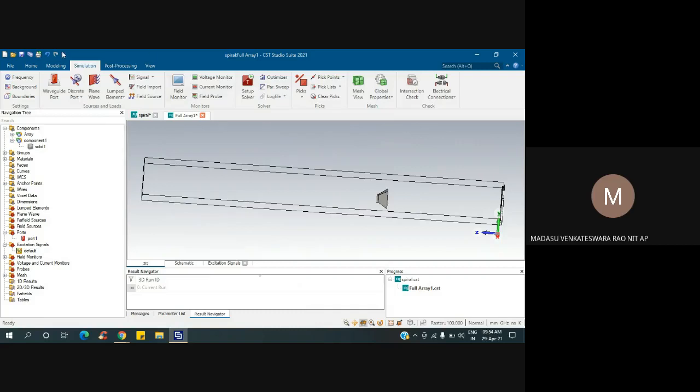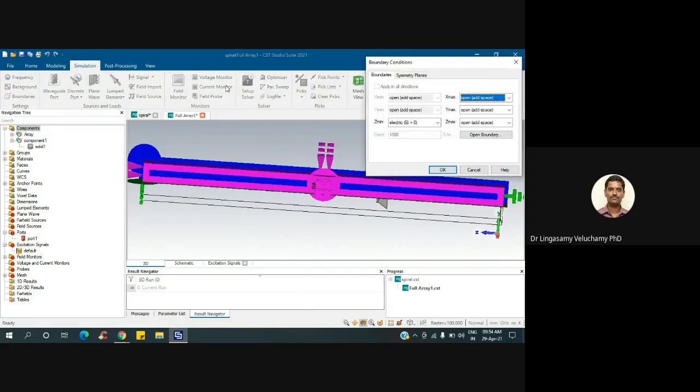I'm giving 10 lambda. So here this is 0 incident. Suppose I want to change theta equals 10 and the phi value is different. How do I give that type of excitation, sir? Here we don't have that option. We have to tilt the horn only. You have to rotate the horn. So that is a realistic one, right? Okay, sir.